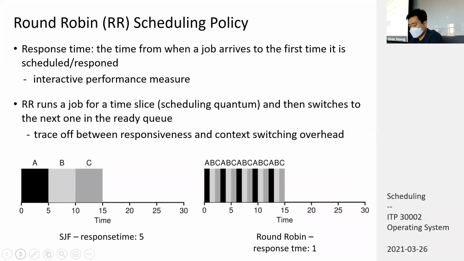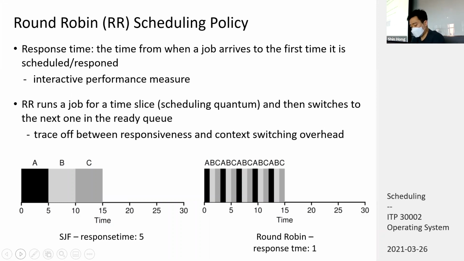The next scheduling policy is round robin. Round robin is basically a turnover kind of scheduling strategy. It doesn't really care about the length of each process, but in a very short time, it gives a chance to each process to execute. And when the time expires, it just schedules the next one without really considering any priority over the different